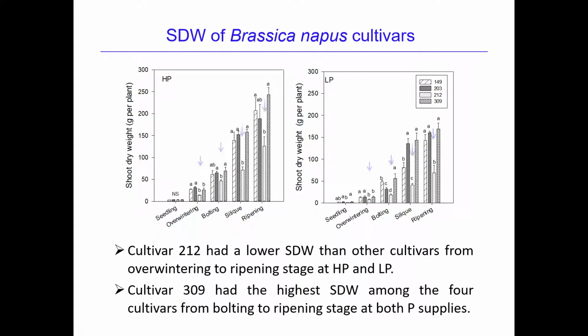The next part is that coarse roots in the topsoil at the establishment and elongation stages contribute to seed yield, biomass, and seed biomass in response to phosphorus. So we analyzed the correlation of shoot biomass, total P acquisition, and seed yield with the root morphology traits in the 0 to 30 centimeters: the total root length, root surface area, coarse root length, and the fine root length. So we found that at high P in bolting and silique stages,